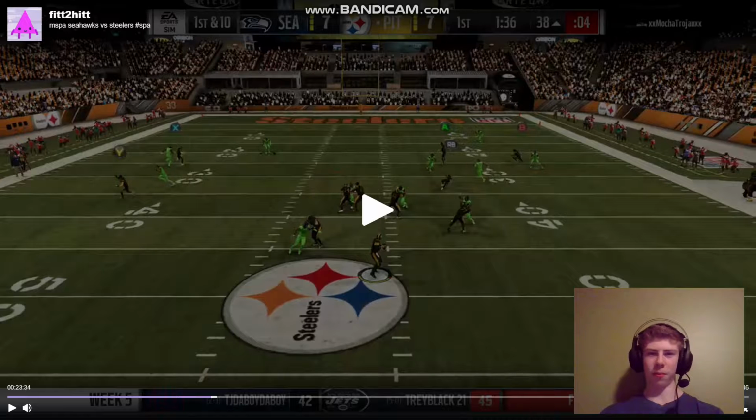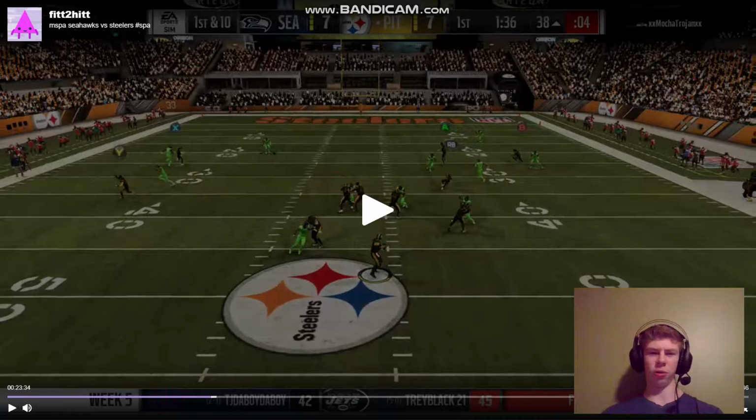And so I'm on the safety on the left, and I see that I think that's Antonio Brown is even with my corner, which means he's open. So I definitely have to double him with my deep zone. That's where I was looking pre-play too, because against a team with such a good number 1 or just receivers in general, especially when I don't really have a lockdown corner right now,